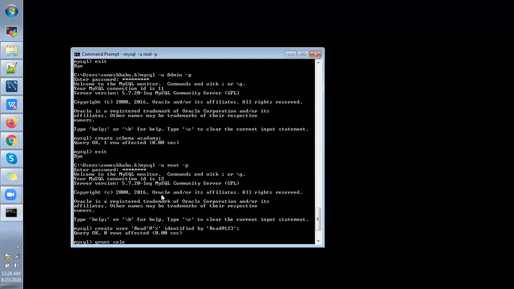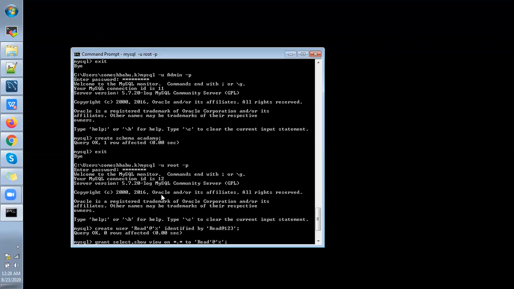I'm just giving select, show view on star dot star to read user.